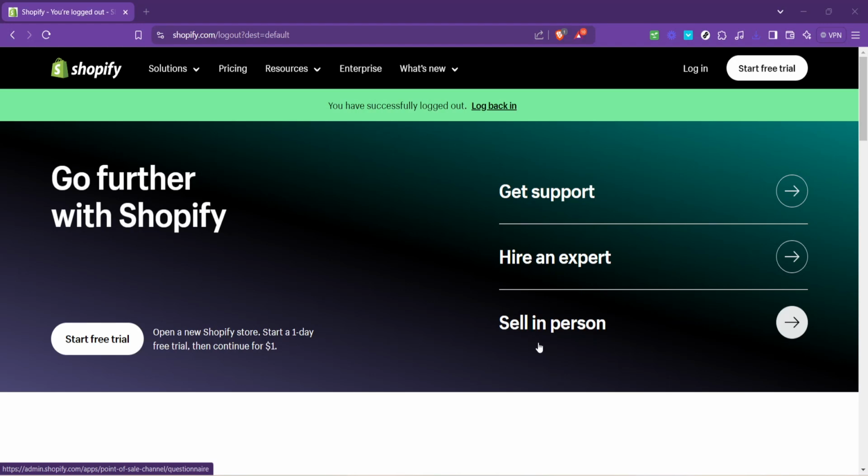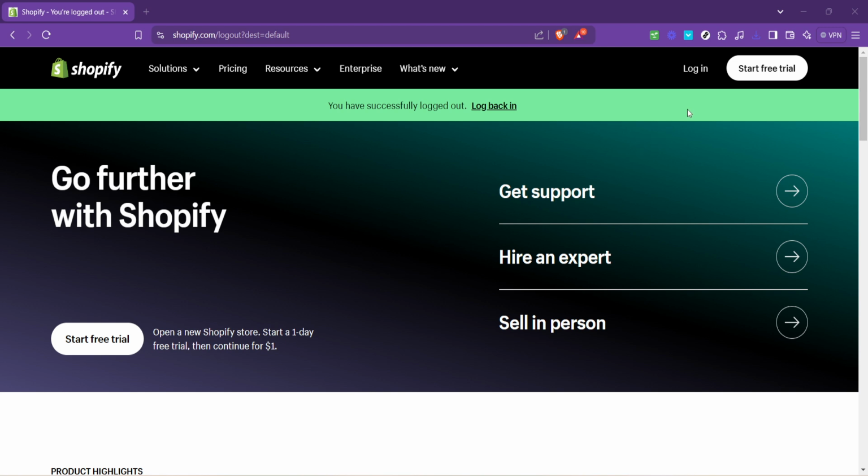In today's video, I'm going to teach you how to disable zoom on Shopify. If you've ever browsed an online store and noticed that hovering over a product image causes it to magnify or zoom in, you'll understand that this feature, while helpful for some, might not be preferred by every store owner. Perhaps you're looking for a cleaner look, or maybe your product images are already detailed enough without the need for a zoom. Whatever the reason, today's guide will walk you through the steps to disable this zoom feature on your